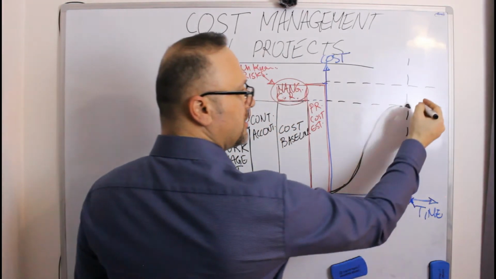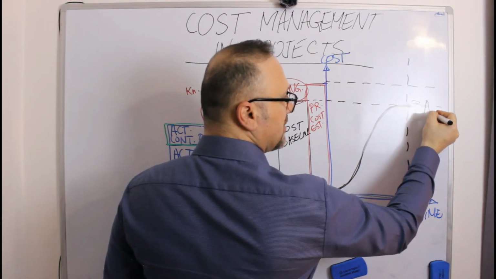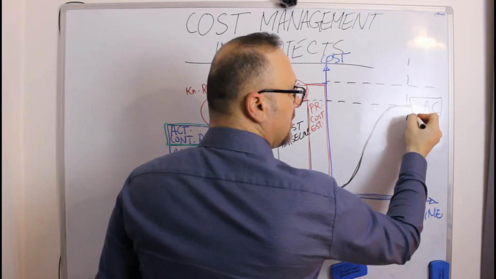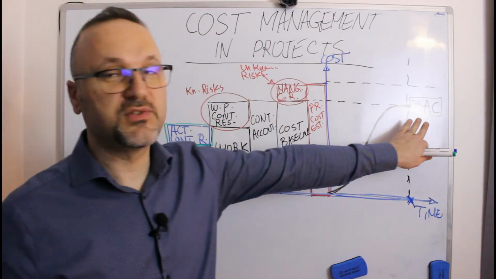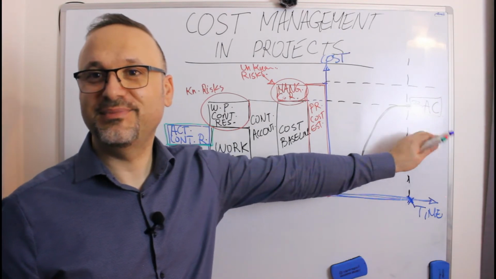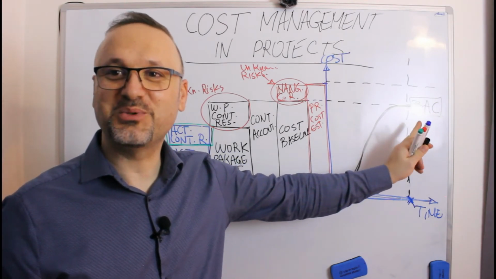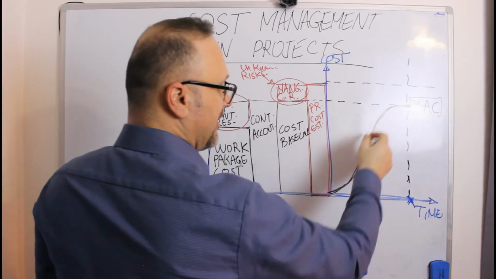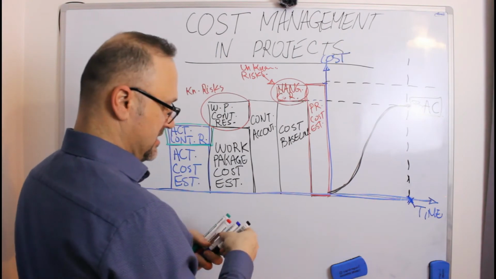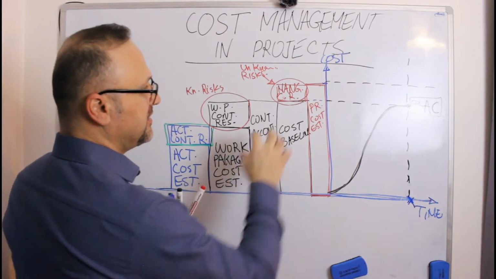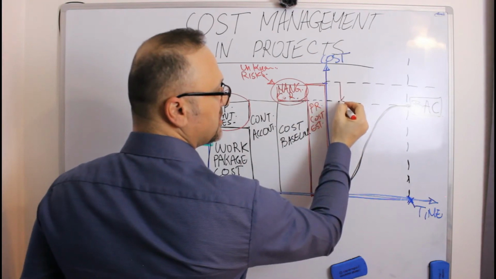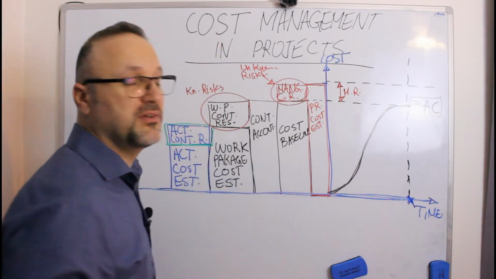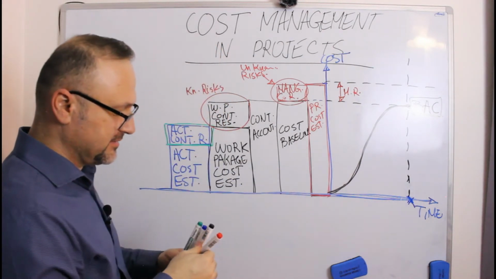Okay, so this is the budget at completion, BAC. Save this in your head because we are going to talk a lot about BAC. Budget at completion. This is the budget at completion. This, we said, is the management reserve. So this is the management reserve, and